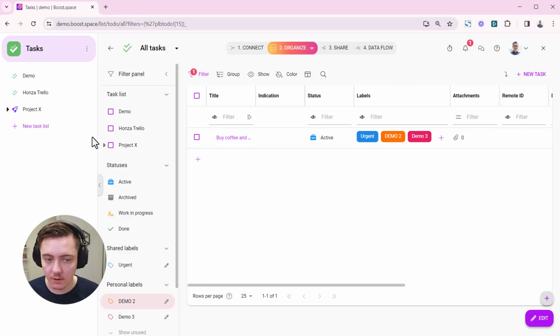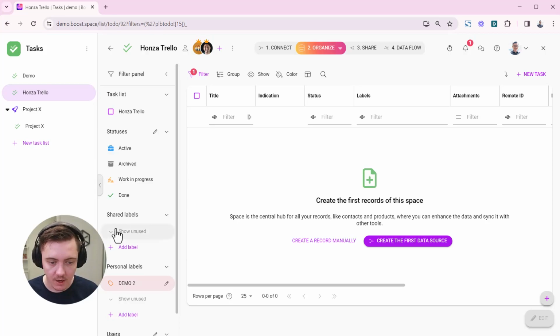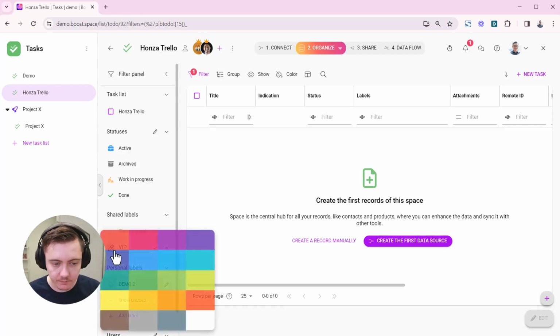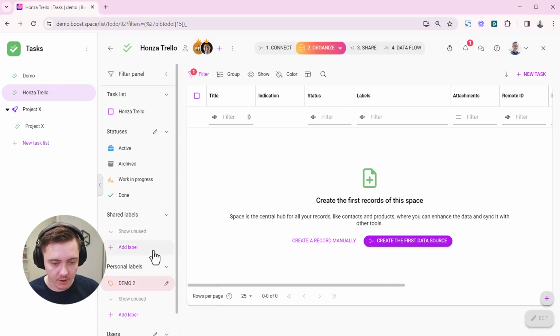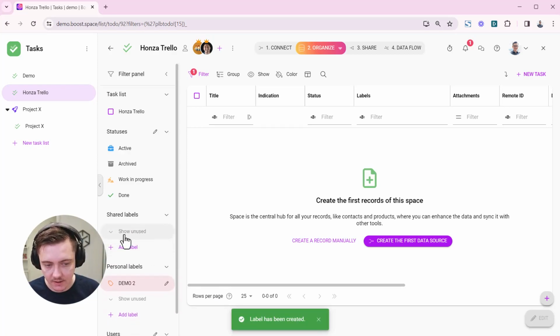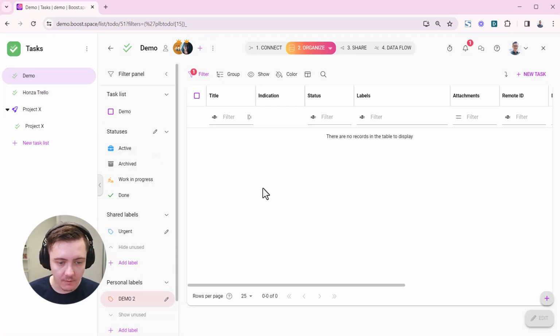By default, you can just go into either of the spaces. You can again add a new label, a shared label this time. So let's add a new label called VIP, make it nice and orange, and save that. So now it's unused, so it's hidden a little bit so that it doesn't clutter the UI, but it's here,